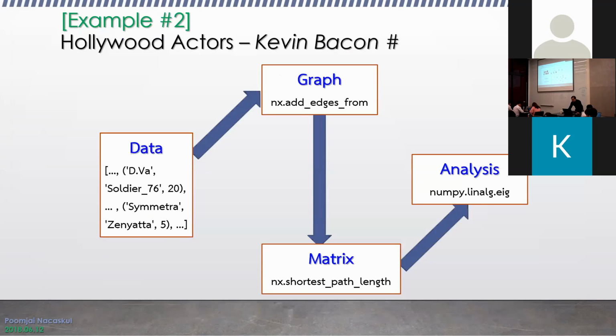Okay. Now, as a last example, I'm going to talk about this one. Now, this is an old one. I don't know if you guys have been to high school abroad. In America, there's this thing called bar game. Bar game means it's one of those things where you run out of things to say when you're drinking. Okay? Just come up with some kind of bar game. Well, this is one of those bar games. Okay? It's called Kevin Bacon number. Now, Kevin Bacon is an actor from the 80s, so you guys probably don't know. Anybody knows what Kevin Bacon is? No, yeah. It's one of modern day. You have to update it. Well, the point is this: